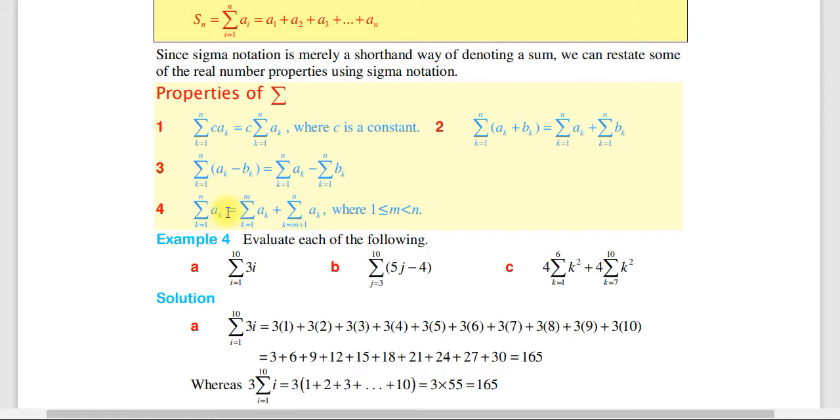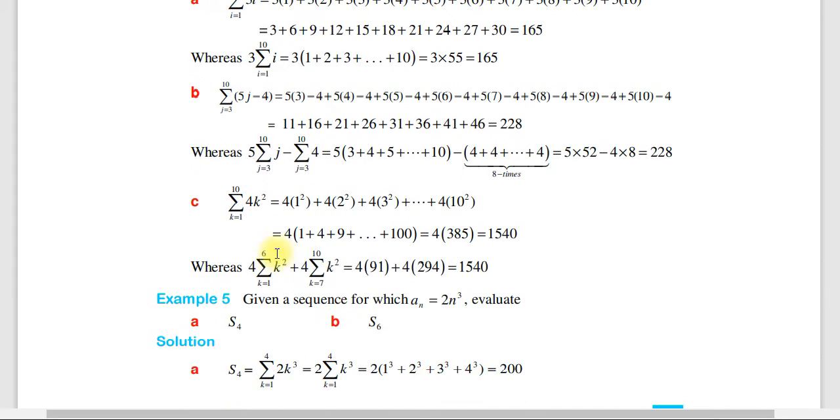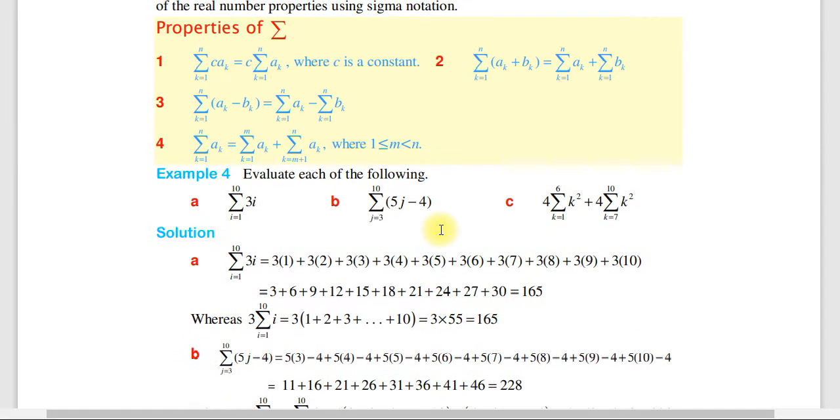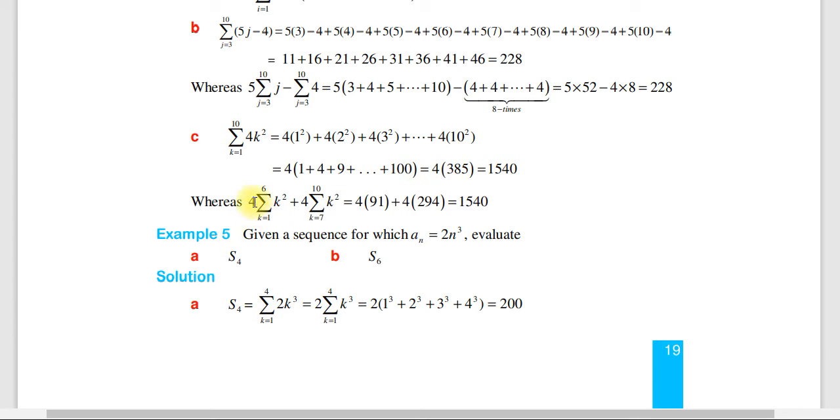ኦኬ ሶ 4ን ለብቻ ማውጣት ስንሰራው ያ ማለት በየትኛው ሩል ማለት ነው? በሩል ነምበር 4 ማለት ነው። በዛ ሩል ስንሰራው 4 times the summation of k square, k starts from 1 up to 6 okay plus 4 times the summation of k square, k starts from 7 up to 10 አድርገን ስንሰራውም 4 ሲባዛ በ91 የመጀመሪያው ነው ሲደመር 4 ሲባዛ በ294 ይሄ ሁለተኛው ነው። ስለዚህ 1540 ይመጣል ሁለቱም ተመሳሳይ ቫልዩ ነው ያለው ማለት ነው።